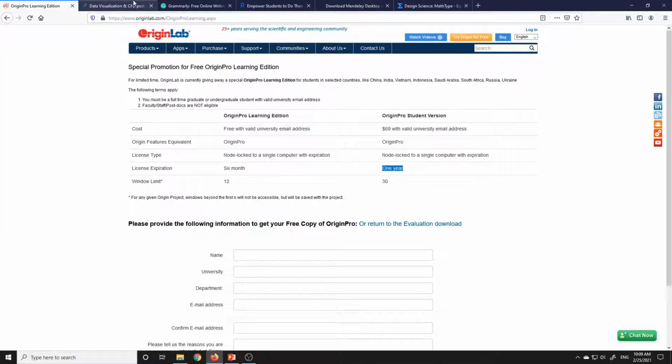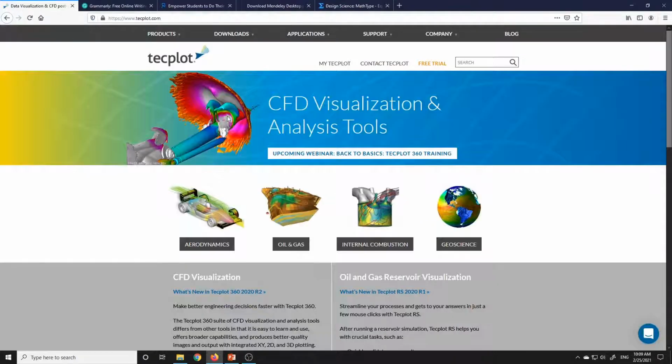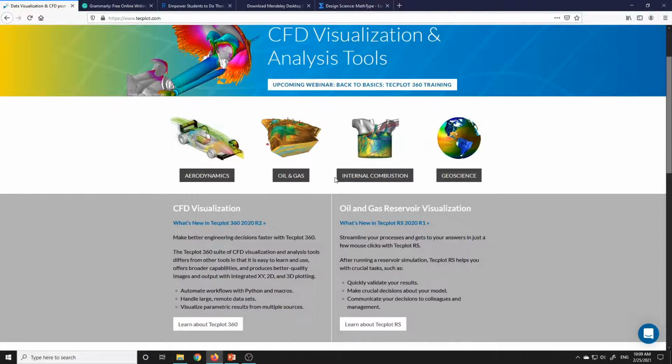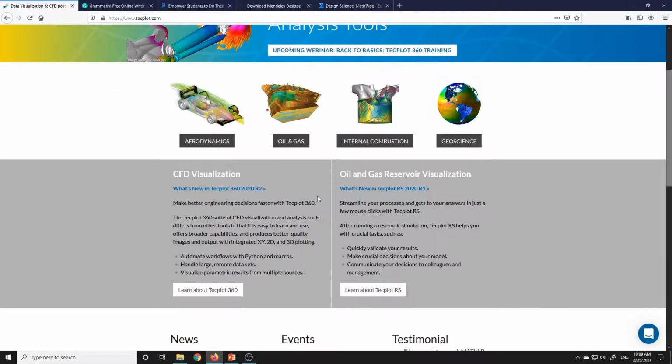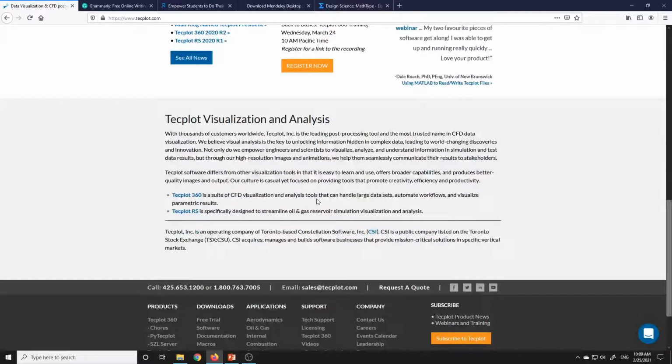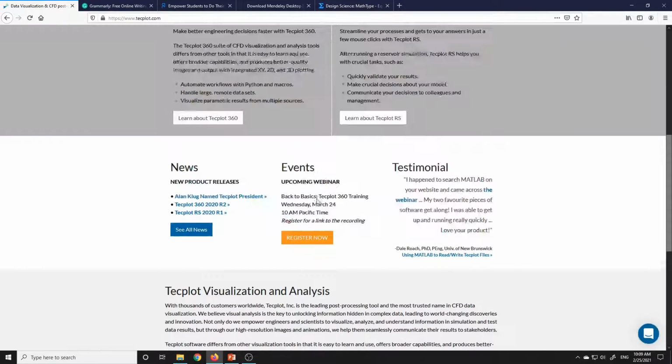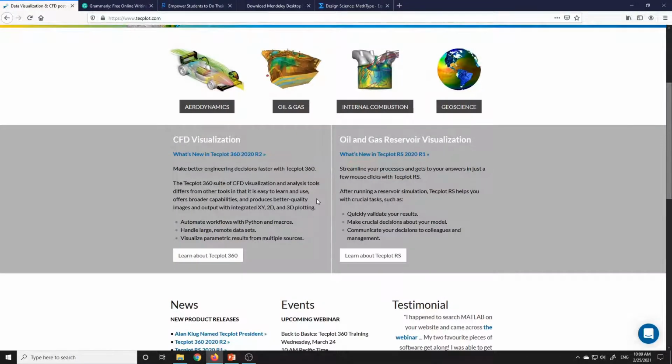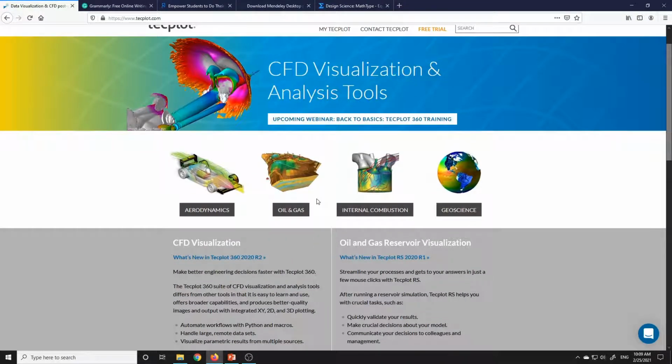Now let's move on to the next one, the text plot. Okay, text plot is a very very powerful CFD visualization analysis tool. All those who are working on CFD might be knowing this, and if you don't know, do go for it. You can get lots and lots of various types of contours, both 2D, 3D, from various cut sections, everything you can get here.